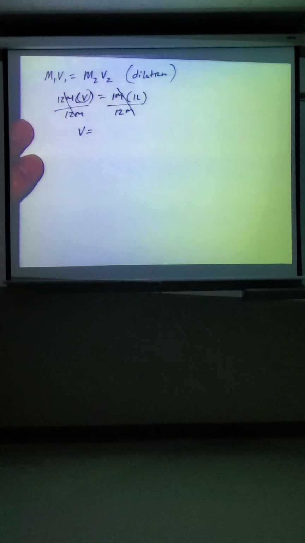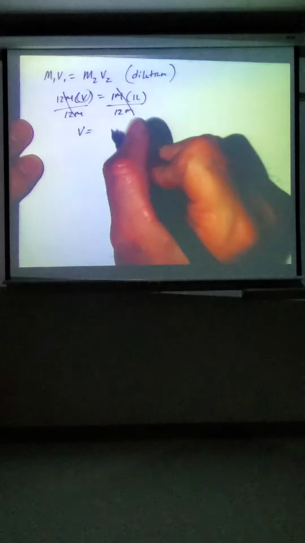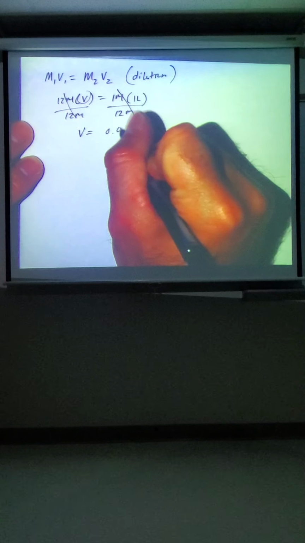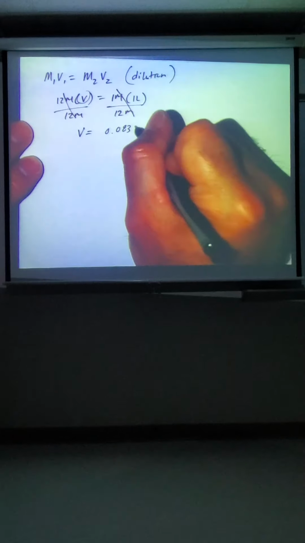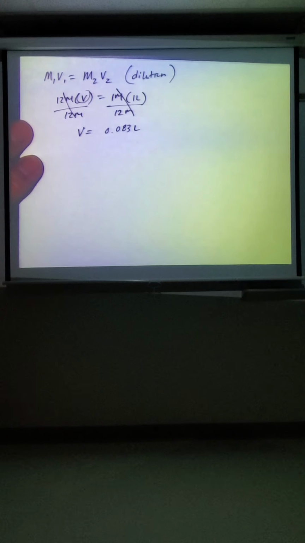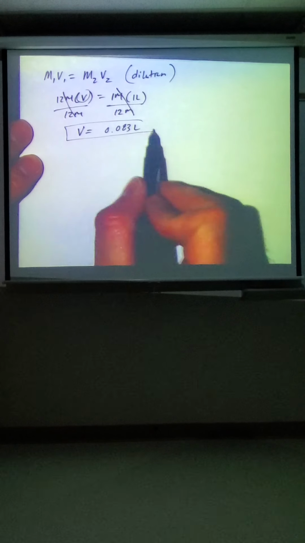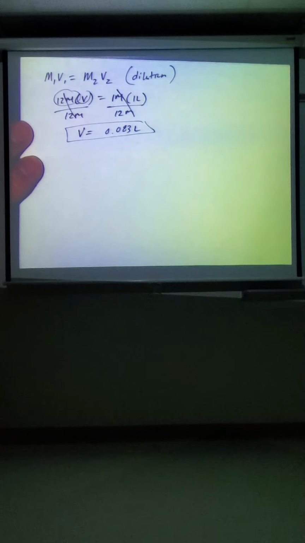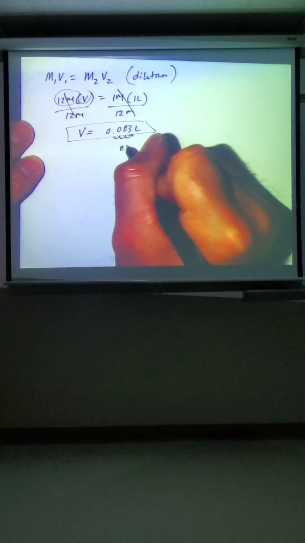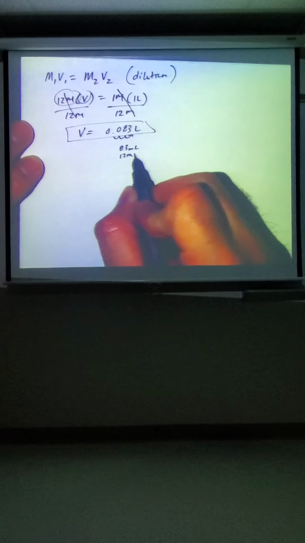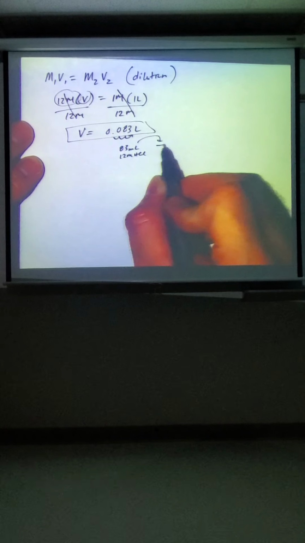Molarity cancels, so we really just have 1/12. So 1 divided by 12 gets you 0.083 liters. And this tells us how much volume of the strong stuff we need to make the weak stuff. So it's basically saying, in this case, move it back 3 spaces, this is 83 milliliters. So they're saying if you take 83 milliliters of 12 molar hydrochloric acid, so put that into a graduated cylinder,